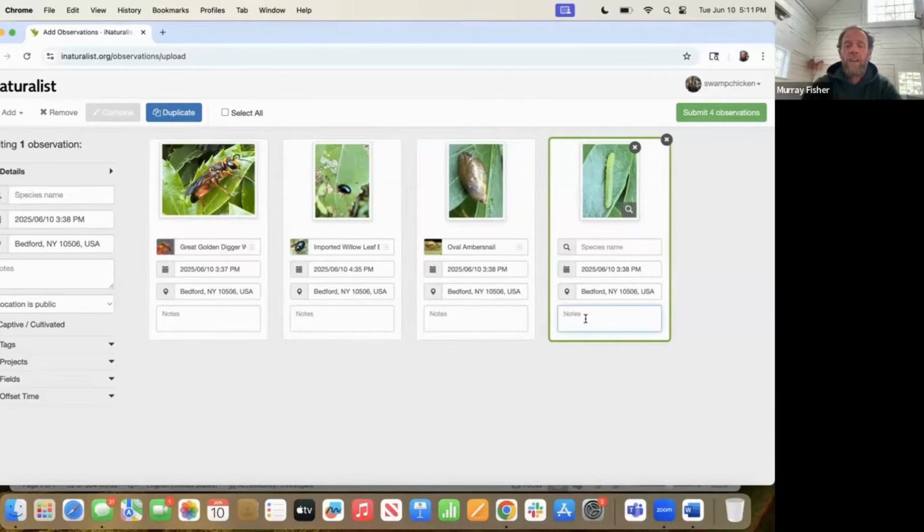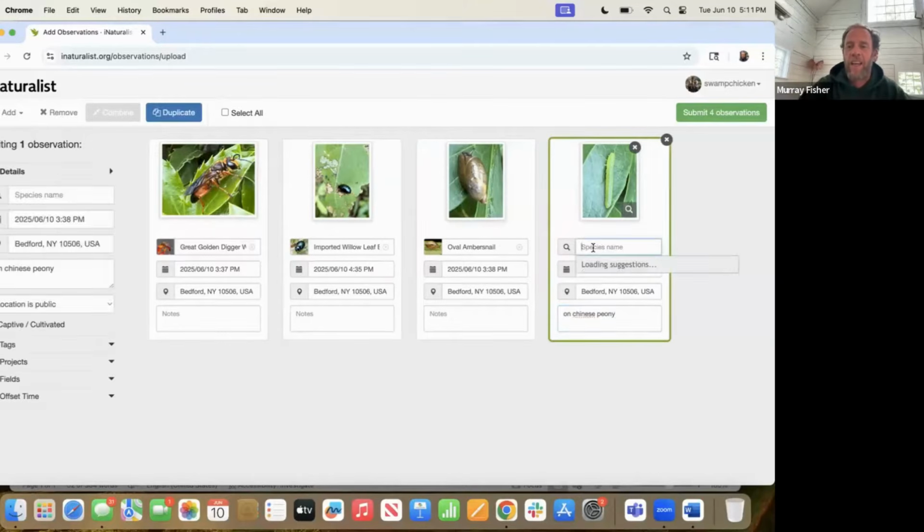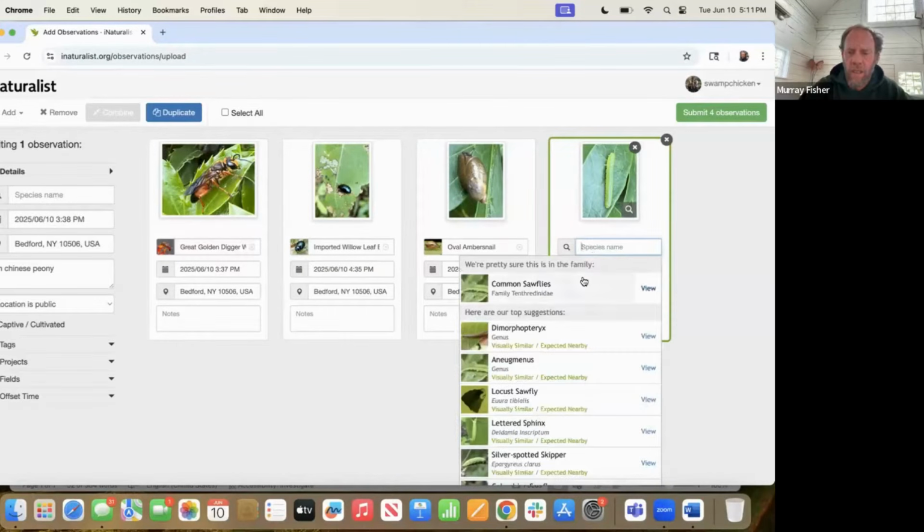What I would actually say here in this note is I would say on Chinese peony, because we all have non-native beautiful ornamentals in our yards, and we have a Chinese peony that has that. Oh, it's a sawfly. So that's cool. Sawfly is a wasp, is a species of wasp. That's a wasp larvae that looks like a butterfly or moth larvae. So I would say common sawflies,